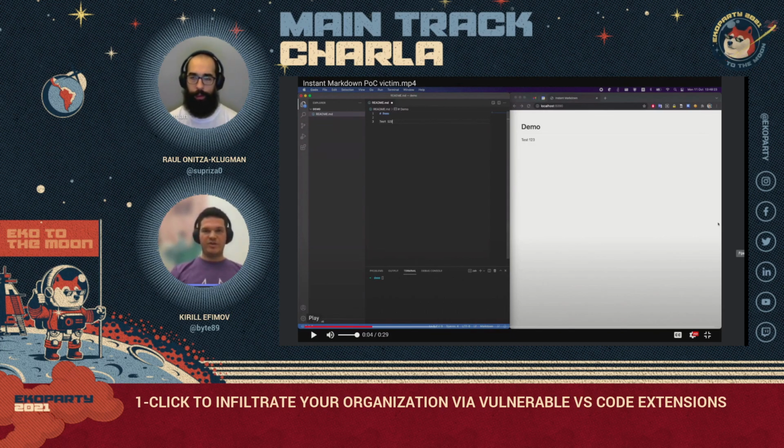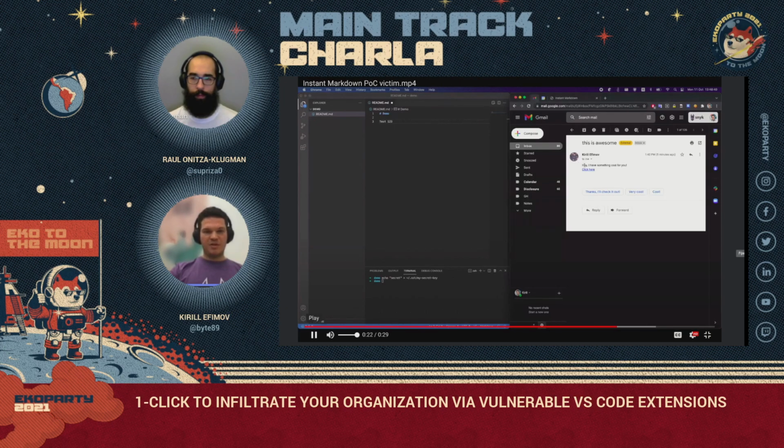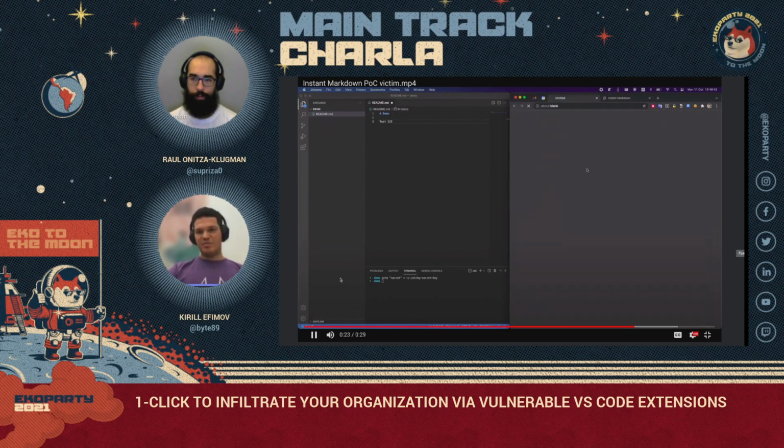immediately renders inside the Instant Markdown extension in a browser. And one more action happening here is in terminal, we put secret text into SSH/my-secret-key just to have something which the hacker aims to steal. And obviously, the victim should click on a malicious link. It's happening here, and